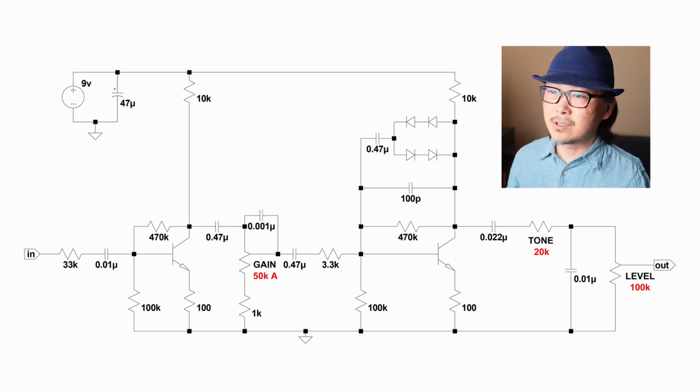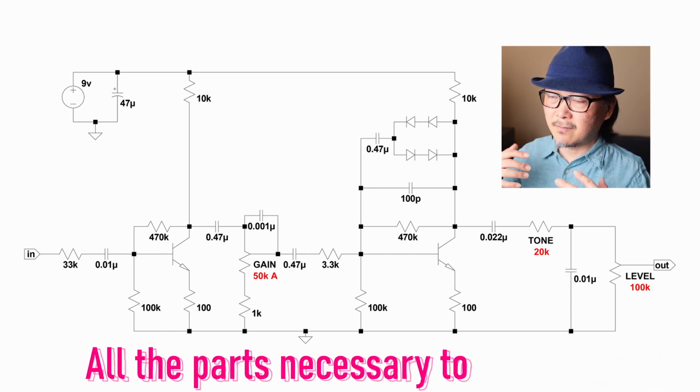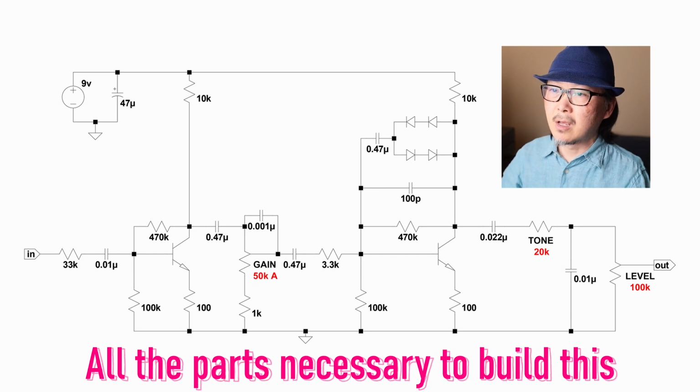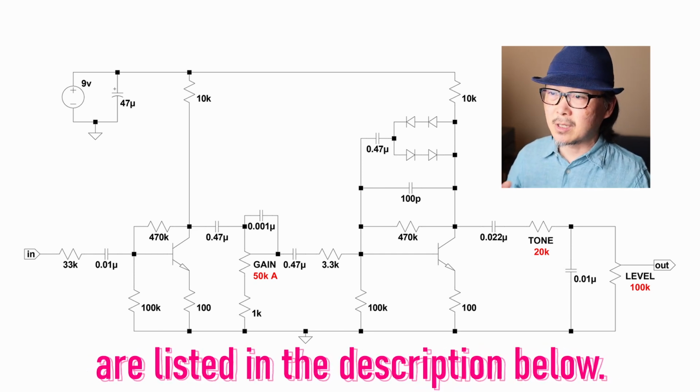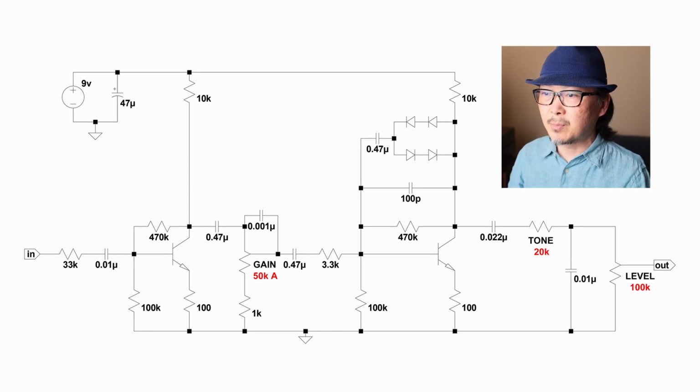And so the goal of this circuit design is the same thing that we tried to achieve in the original breadboard overdrive, and that is to get a decent tone with the least amount of parts as possible. And so this circuit is a very bare bones, stripped down circuit. If you know your circuits and your schematics, you'd be looking at this going, hey, why didn't you do this? Why didn't you add that? Why did you leave this out, or whatever? And again, the goal of this circuit is to be as simple as possible while still having a decent tone,